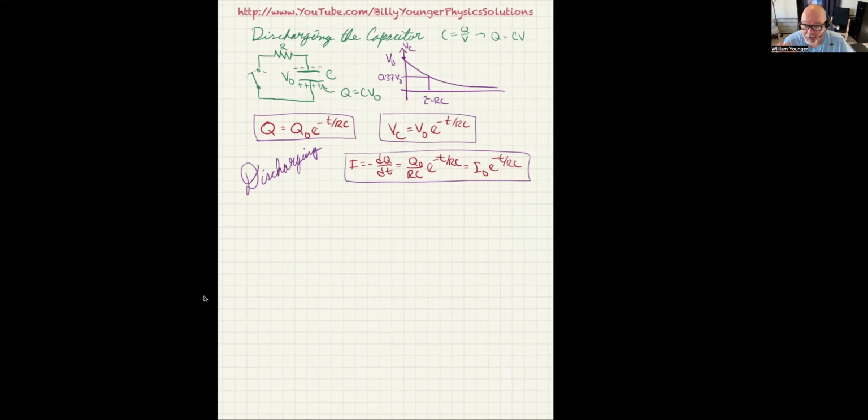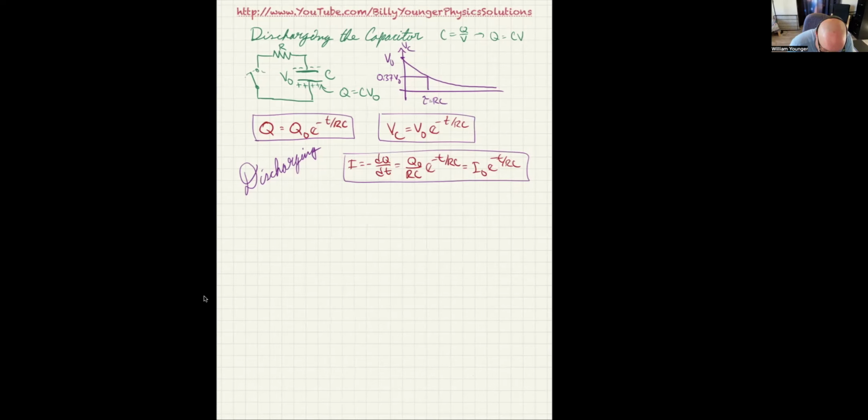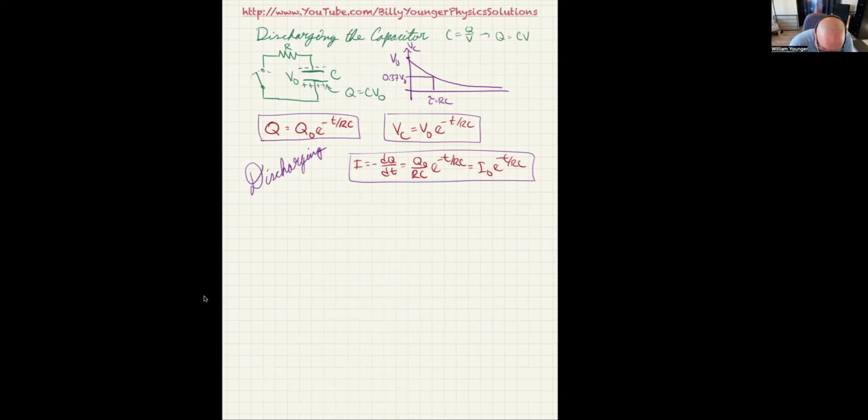A capacitor acts like a battery whose energy withdrawal can be controlled. In other words, you can set how fast you want the energy to be withdrawn from that capacitor, whereas you can't do that with a battery. It's pretty much just going to pull it out at its own pace. So a capacitor is better in that sense. But what we're going to see here is as soon as you close that switch, then